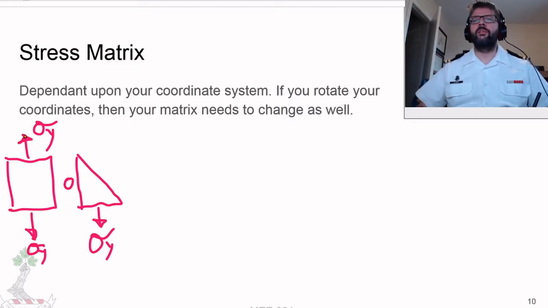So again, if we have this slanted area here, then we're going to need some sort of force generated on that face that's generating the same amount of force as is on the other face. So we can have some sort of normal force,